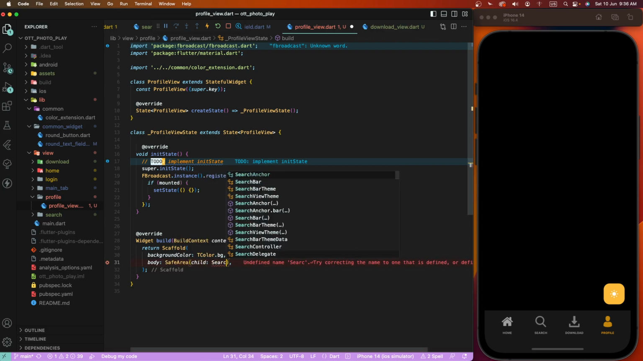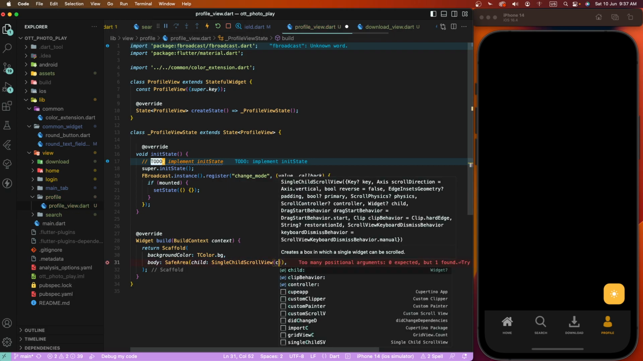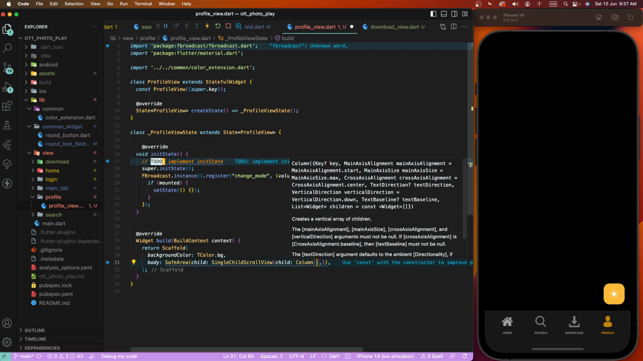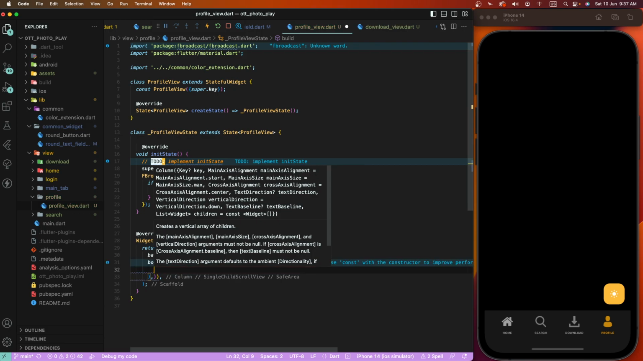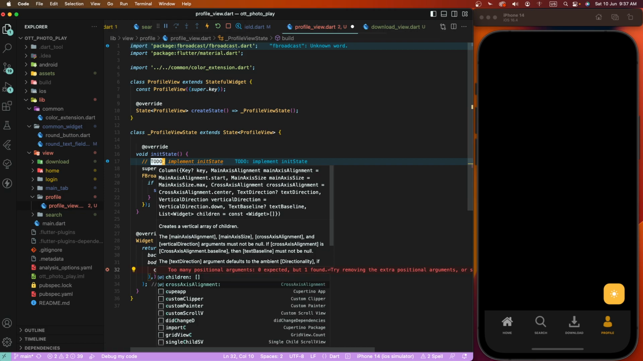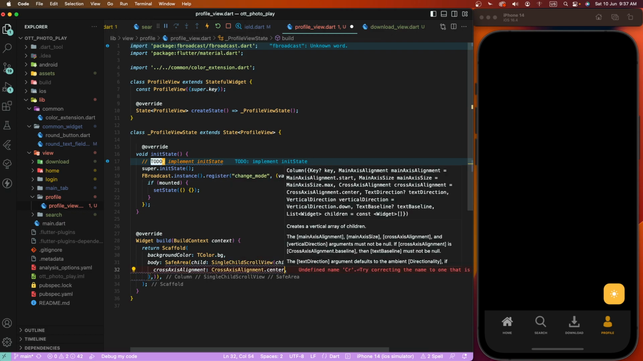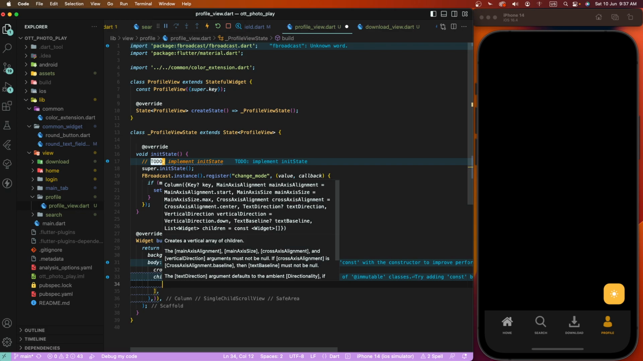And to child scope. Give child and cast it as a column. Give here the cross axis alignment as center, already by default. Now to create the child, first of all create here the